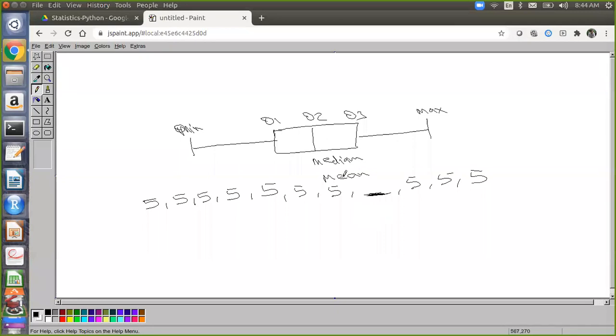Now I'm adding one more value into my data set. In this case, sensibly, what value should I fill into the missing part? Still 5. Why are you saying still 5? Because it is the most occurring value. Okay, now this is also the reason why we choose median over mean.